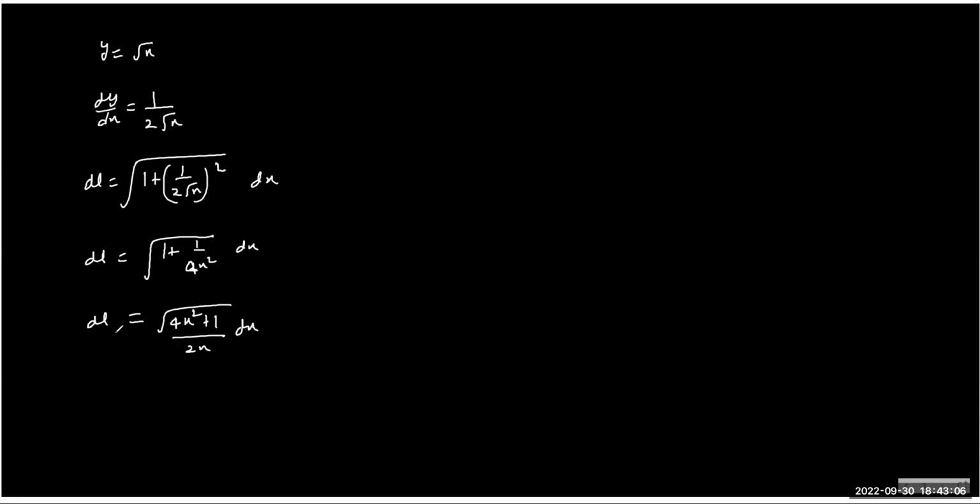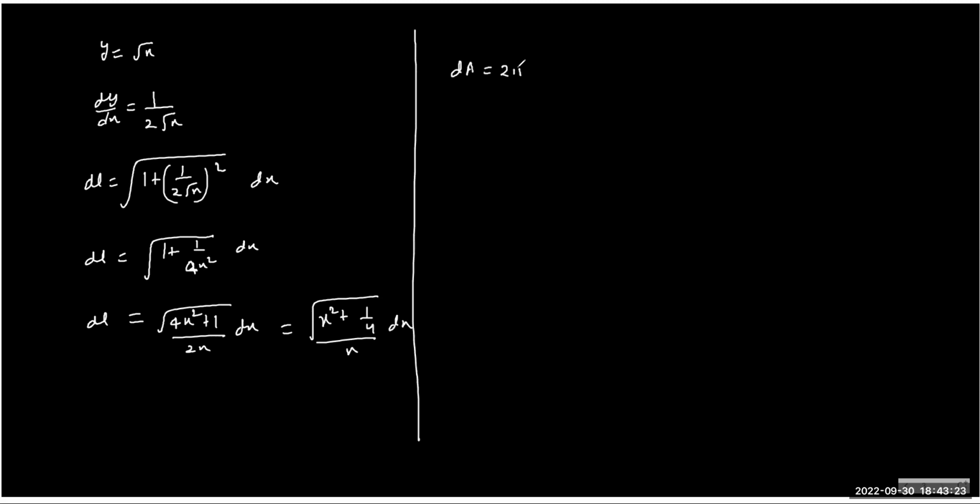So dl turns out to be this value. Yeah, or you can write it as x square plus 1 by 4 by x. I think this is also fine. So now comes the dA. dA is 2 pi y dl. 2 pi y is root x and dl is